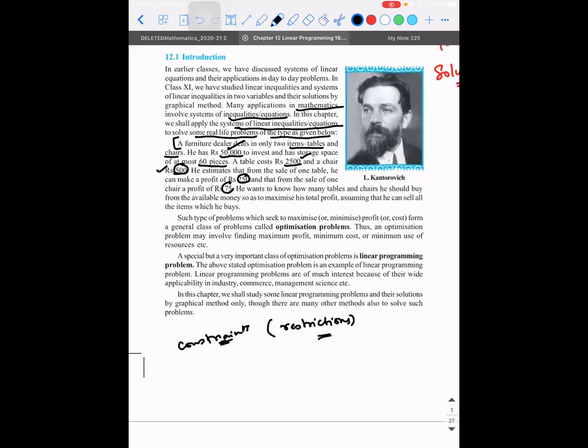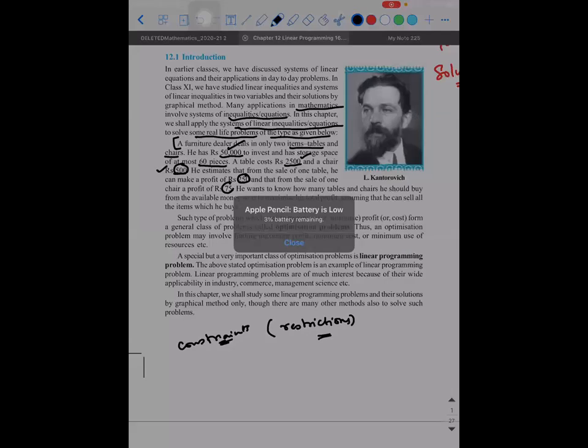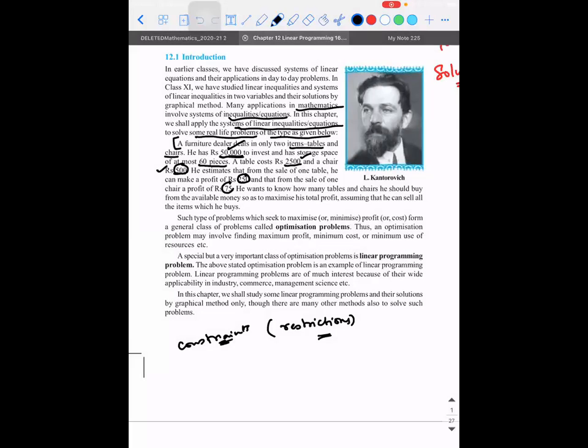Right. Suppose he buys two tables and one chair and sells it off. That is three pieces he's selling. There also he has a profit. Like this, we can think of any number of permutations and combinations within the constraints, right? So within the restrictions that he has, we can think of any number of permutations and combinations so that he is able to make profit. But the question that comes here is, how much is the maximum profit he is able to make?